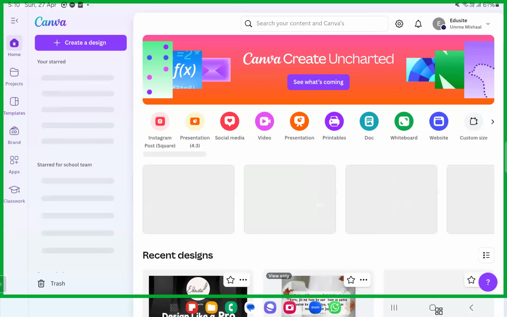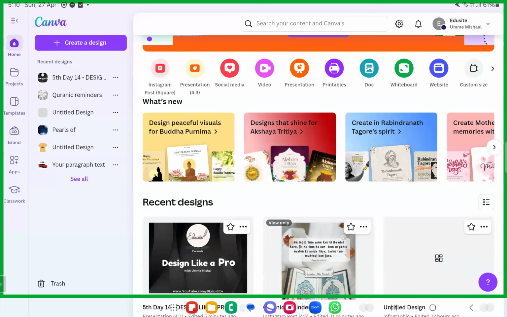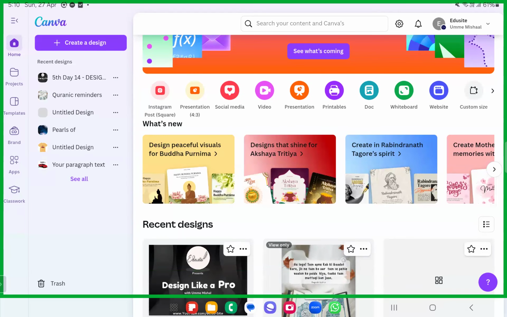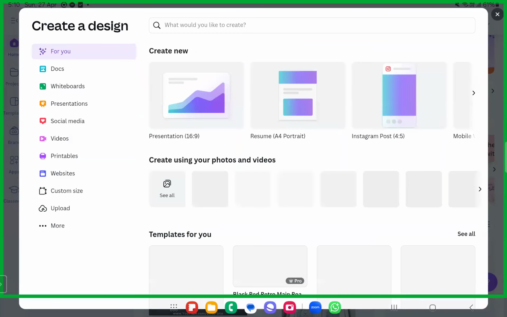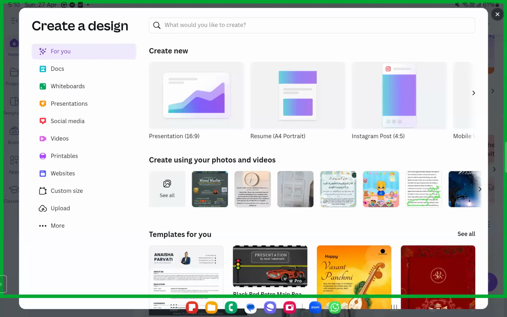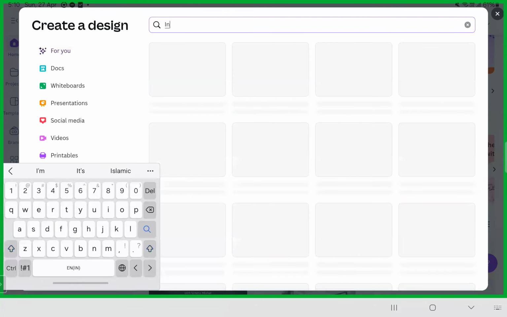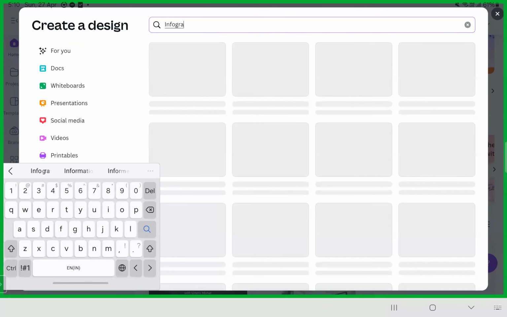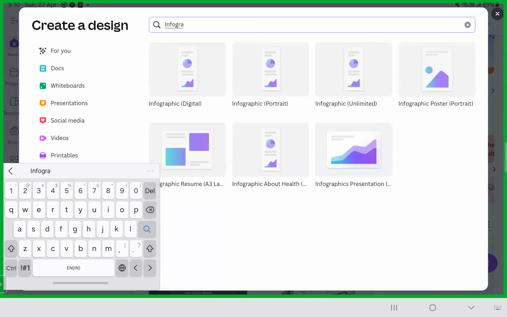Okay, so now we're going to go ahead with the topic known as infographics. What is an infographic? It's a design that shows connections between one thing and another. For example, if there are so many points to be noted on one page, then we call it an infographic. An infographic will usually be in a pamphlet format, a long portrait view, digital or portrait, whichever you want. Hopefully I'm audible. Let me know in the chat box whether I'm audible to you all.